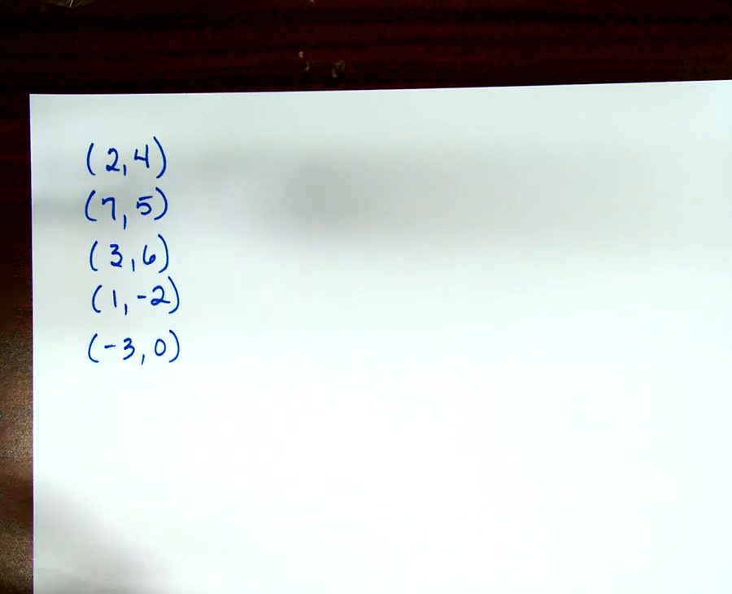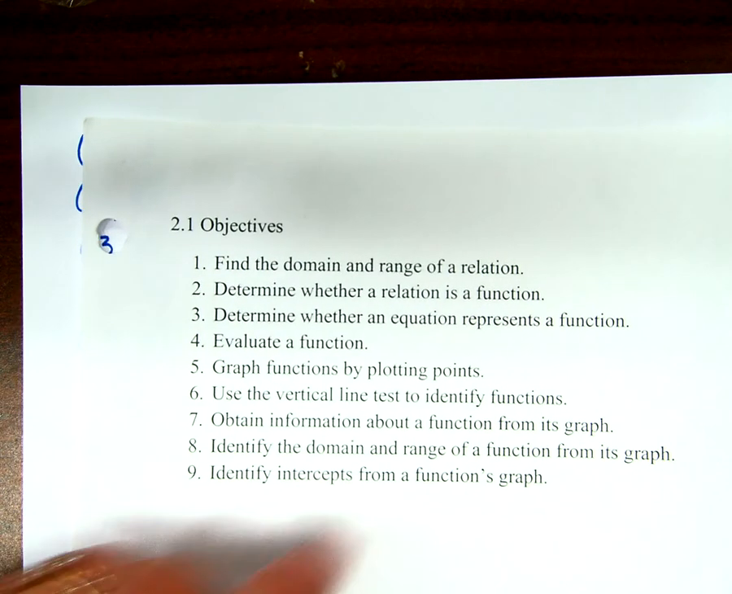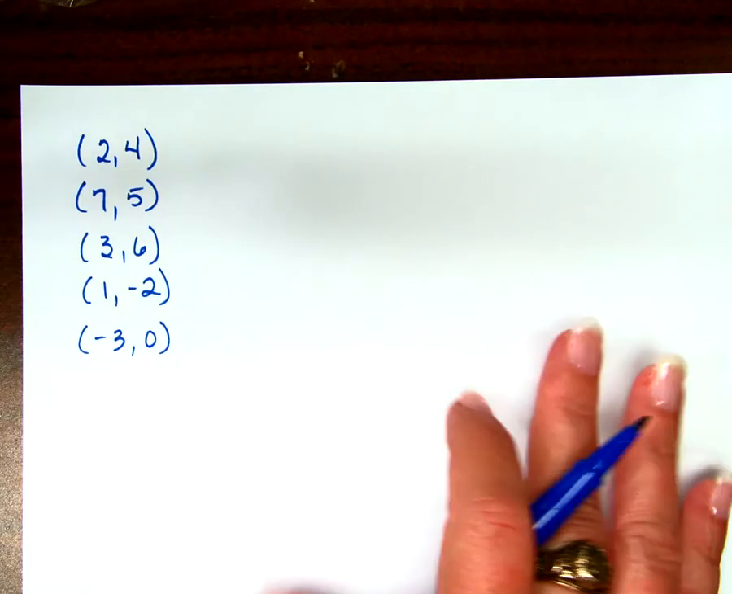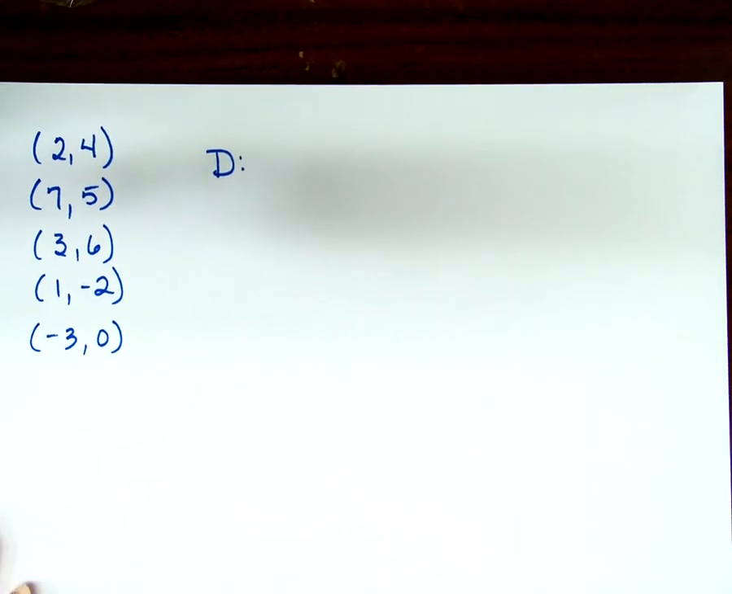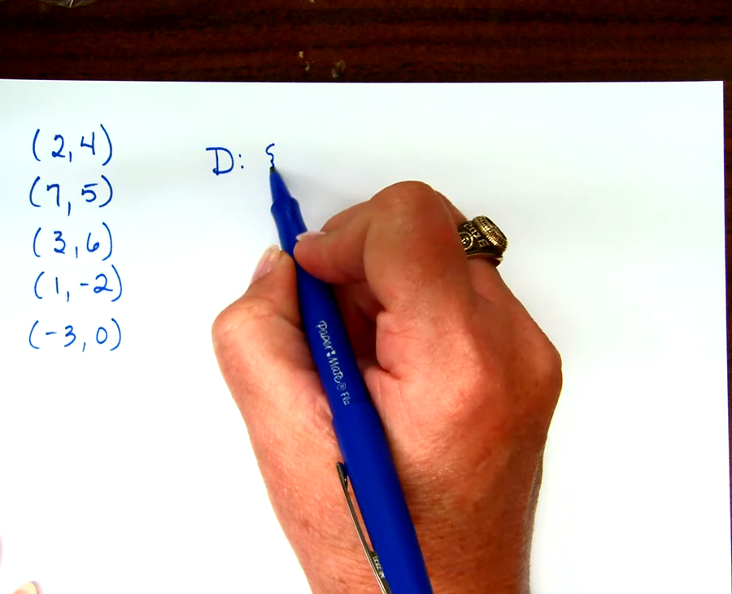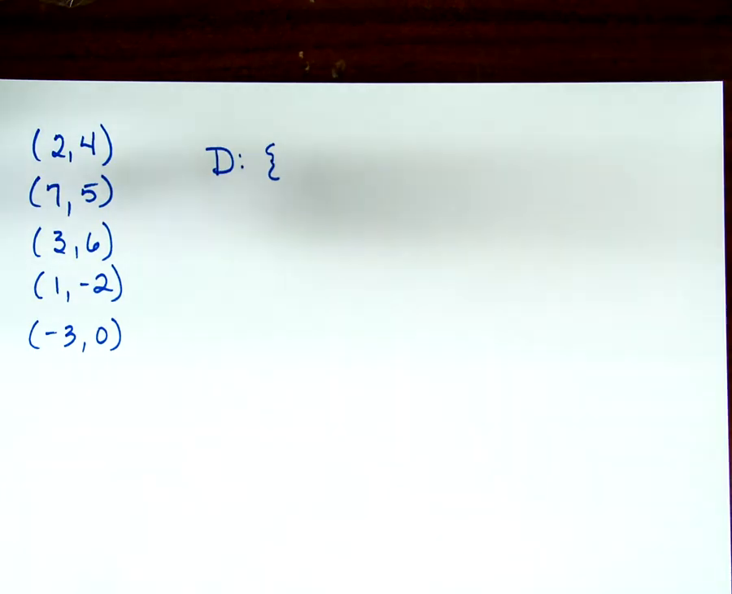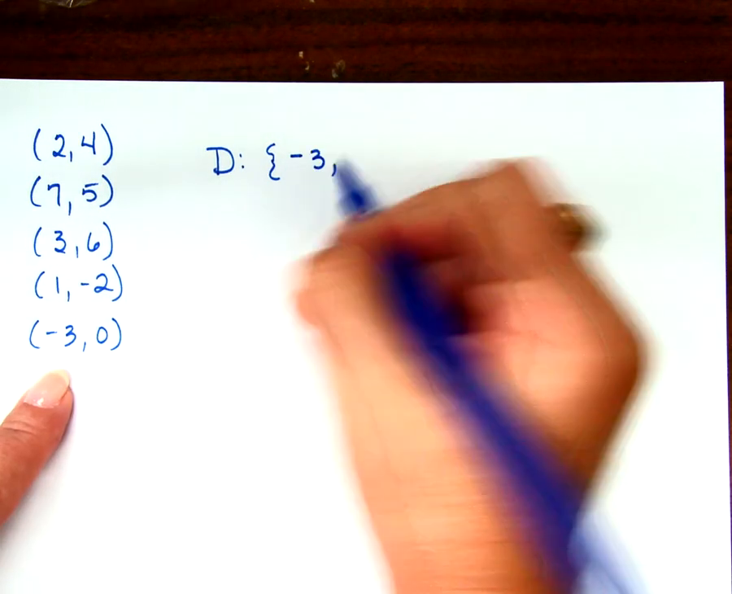So first of all, let's find the domain and range of this relation. Okay? So what is the domain of this relation? Well, what's domain again? X values. So how are we going to list these x values? Least to greatest. Okay? So negative 3, 1,